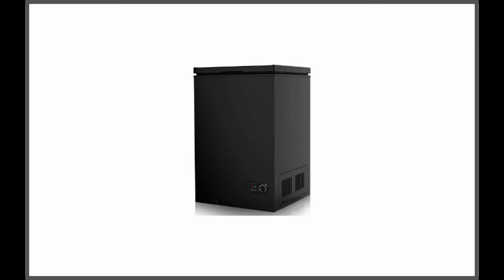The Northair Compact Chest Freezer 3.5 cubic foot freestanding top door freezer. Offering a capacity of 3.5 cubic feet, the Northair Compact Chest Freezer is nothing short of remarkable. This unit is a freestanding top door freezer, meaning that it opens from the top, unlike the freezer we just looked at. This freezer is much like your standard chest freezer, however it's built smaller and with the ability to